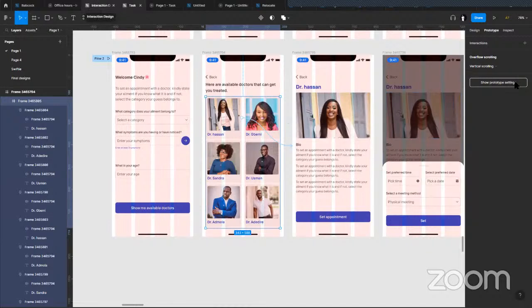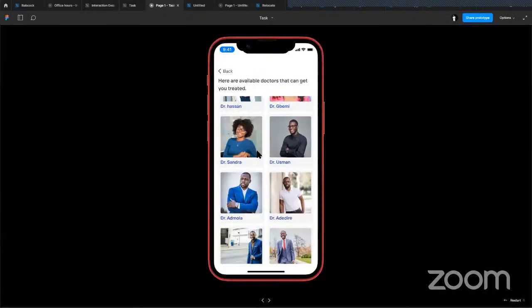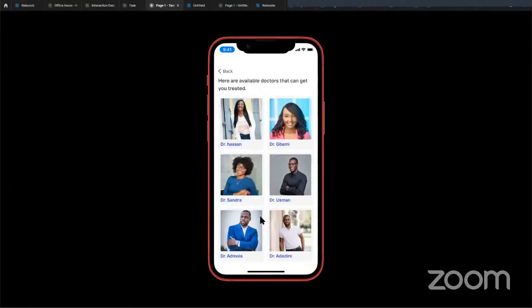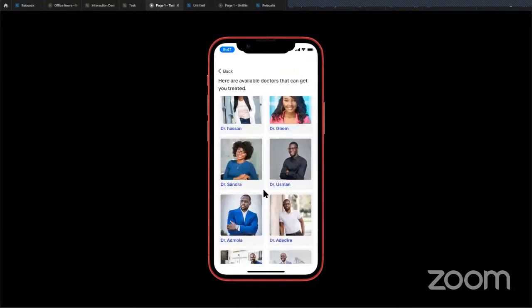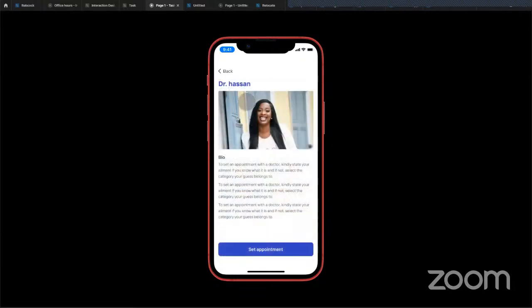All right. So it should be locked. Yes, so we can scroll this. To see more doctors, you can scroll this. Scroll down to see more doctors. If you click on Dr. Azan, if you come back,